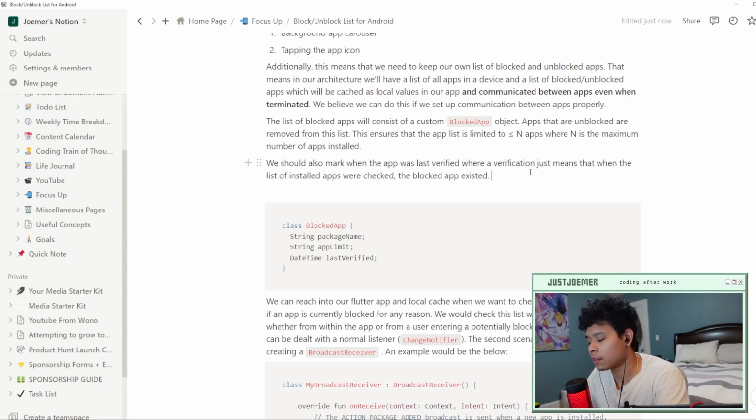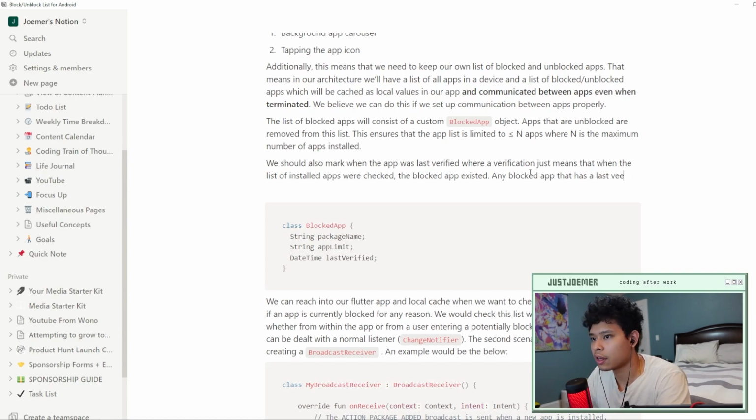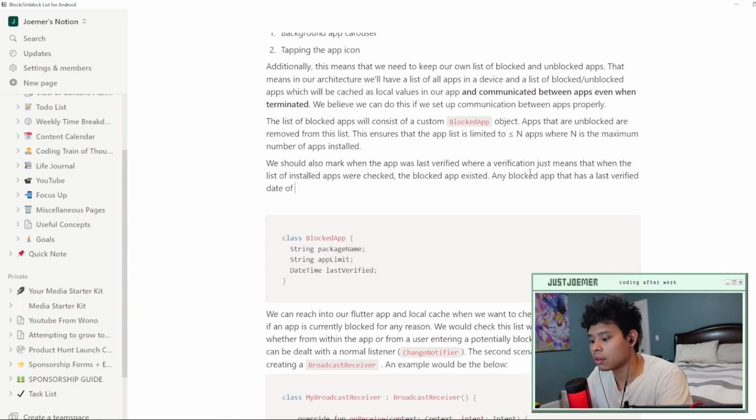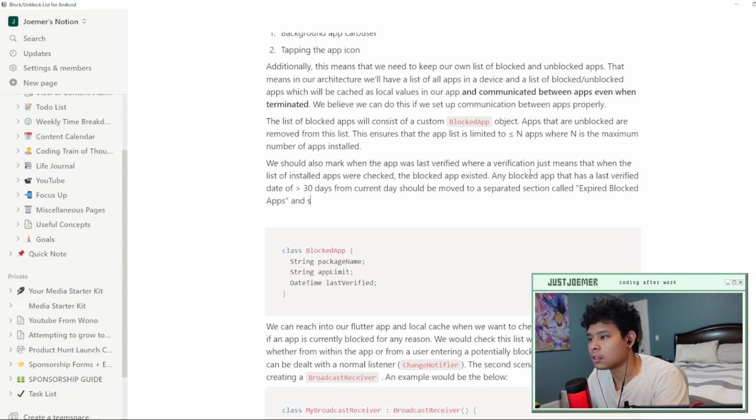And we can say any blocked app that has a last verified date of greater than 30 days from the current day should be moved to a separate section called expired blocked apps, and should prompt the user with a button